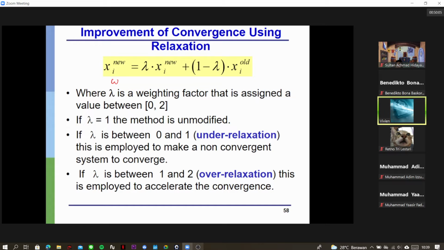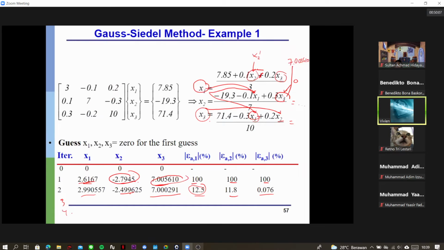So for example here, when we calculate the value of x2, we need the value of x1. What we've done here is that we take the value of x1 directly when it's calculated. Now, if we apply the relaxation factor, it means that when we use the value of x1 here, it's not used directly from this value, but it's weighted